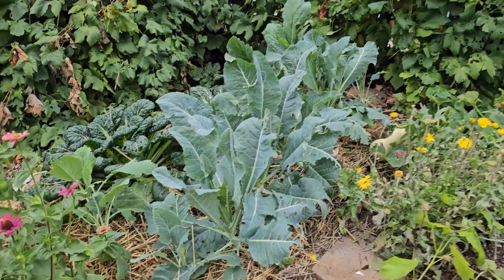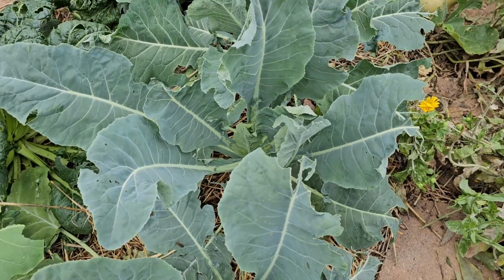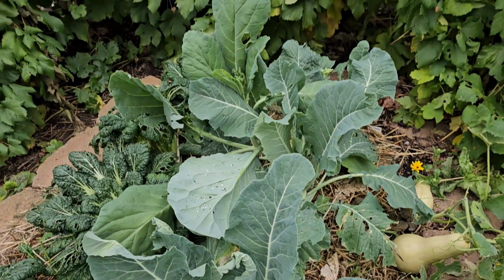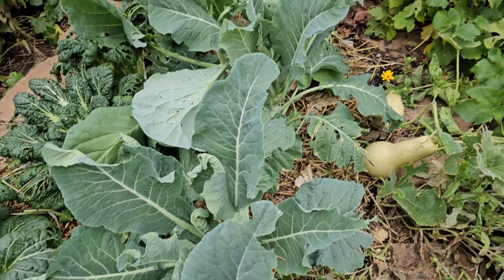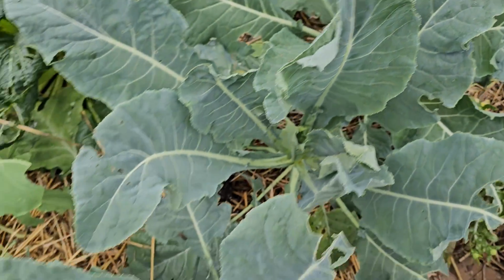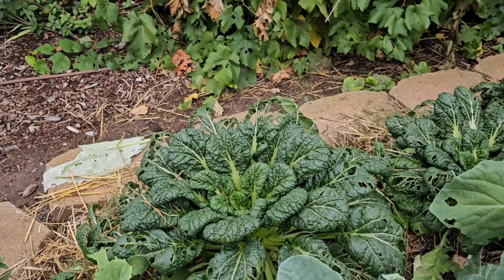Now these are my fall crops. These are cauliflower that are definitely not heading up. This may be the very last time I do cauliflower in the fall. You know, when I say fall, I plant them in July so that we can harvest them in the fall, but they never seem to head up, and I don't know why that is, but this will probably be the last time I try it. The chiji is huge,